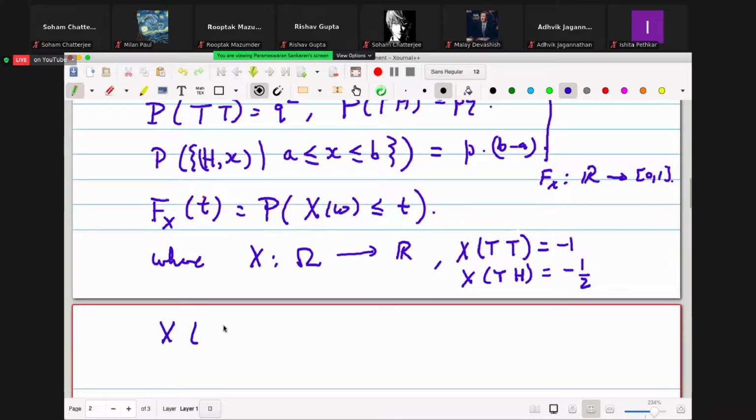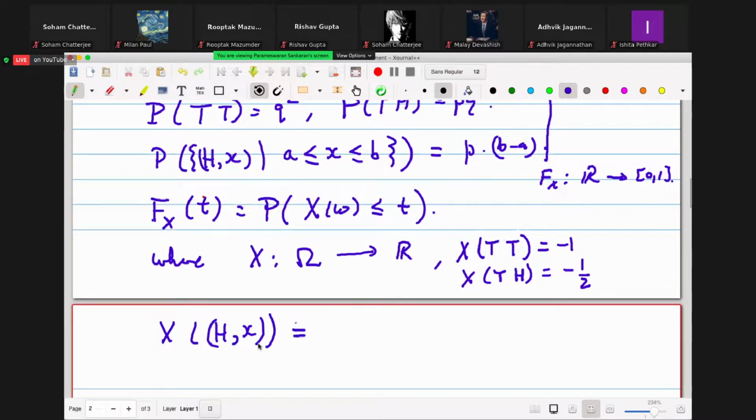X of, so X of H, and now I'm going to write here a variable. So I will write product notation. I hope it's clear what I mean. This is equal to a comma b in this interval. So h comma x, I should write this, is an element of that.